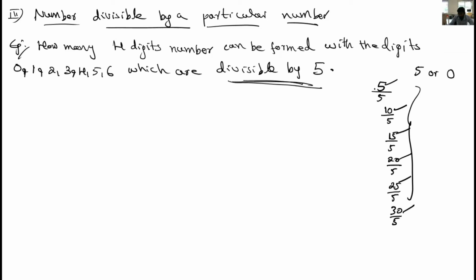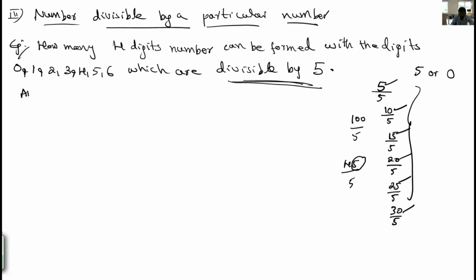Observe any numbers which are divisible by 5. Take 100. 100 is divisible by 5, 5 twenties are 100. What's the unit place? It's equal to 0. Or take 45. 5 nines are 45. 45 is divisible by 5. But what's the unit place? It's equal to 5. That is our observation, that here you need to write.